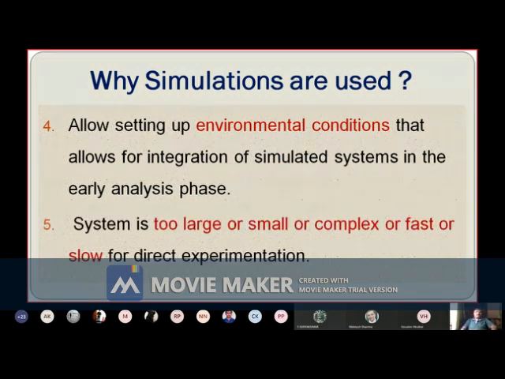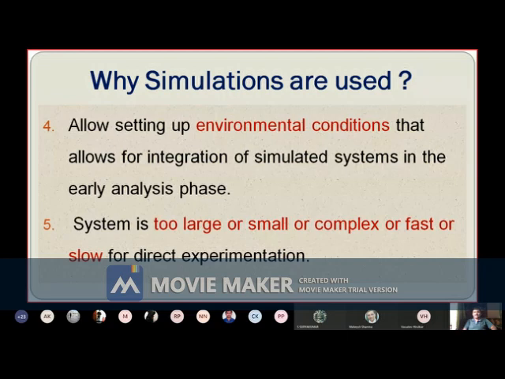Actually, simulation softwares are not used for practicals, but they are completely fitted when the system is too large or too small, too complex, or too fast or too slow for direct experimentation. Then and only then can one use simulations.